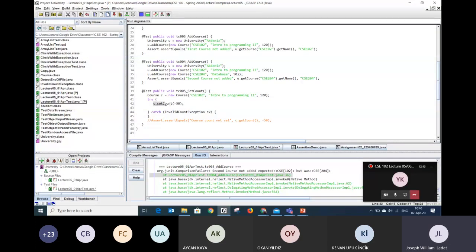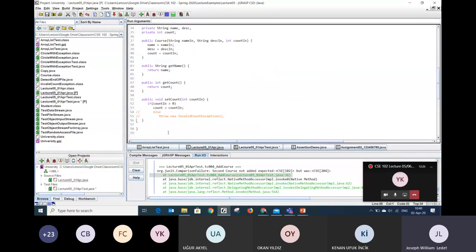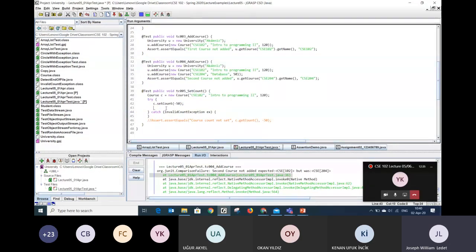If somehow this line does not generate an invalid count exception, if it generates something else instead, or if it just doesn't do anything, like in the case of where we're at right now, it just sets the count if it's greater than 0, and otherwise it just leaves count alone. That's not right. So we can either throw a new exception, or